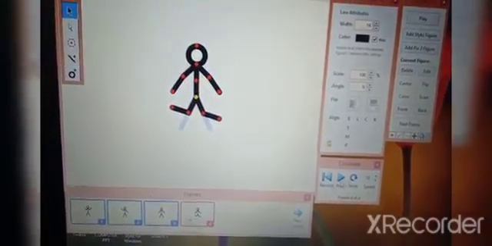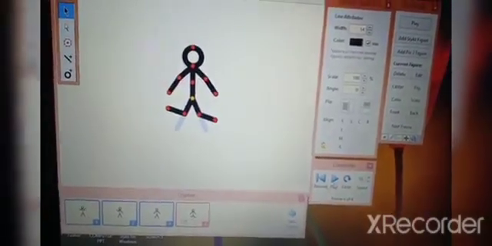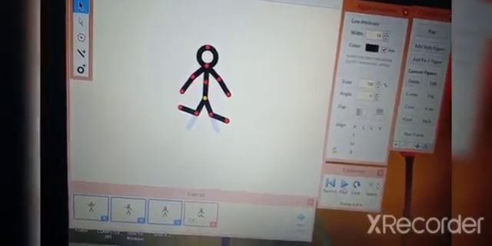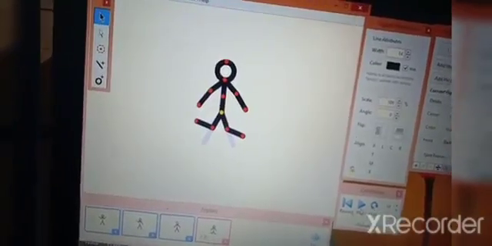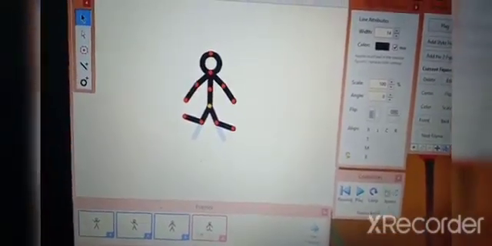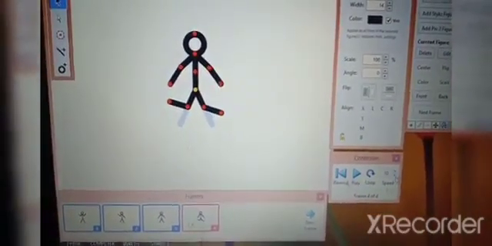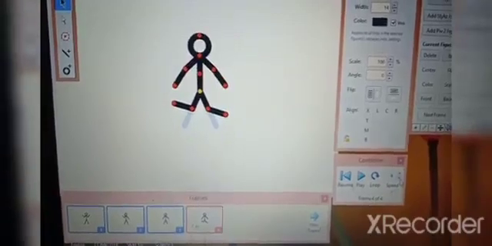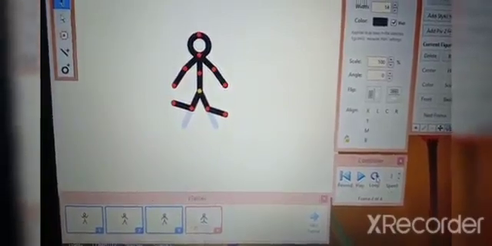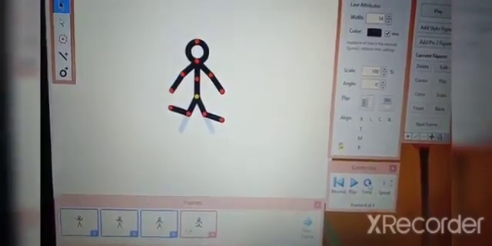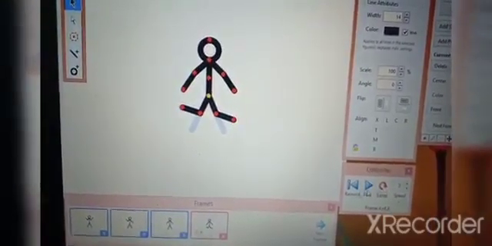Now we will click on play and see the play window. In playback, we will get all the animation in the player, in the sticks player. Now click on this play. First we will keep the speed a little bit low, speed 3. Then I will keep it on loop. Loop is the option where you can play it again and again. I clicked on the loop and now play.